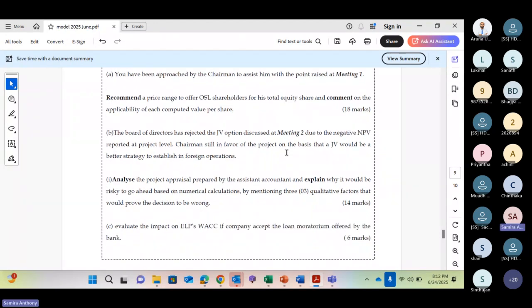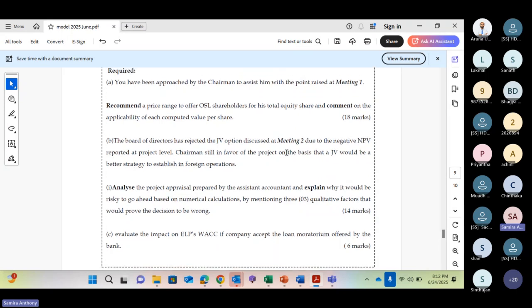Analyze the project appraisal by the assistant accountant and explain it would be risky to go ahead based on the numerical calculation by mentioning 3 qualitative factors that would prove the decision to be wrong. Evaluate the impact on ELP SWAC if the company accepts the loan moratorium offered by the bank? That's the other question, right? Okay. Now,